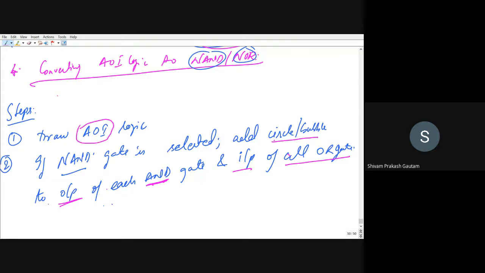You might have made up a logic using AND-OR-Invert logic, so in that, AND gate might be there and OR gate might be there. So if AND gate is there, you have to apply a bubble to the output of AND gate and input of OR gate. So this is the second step.